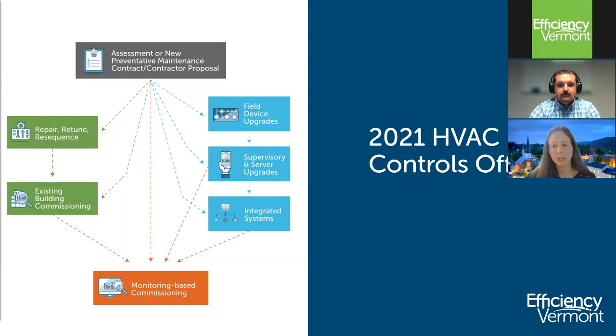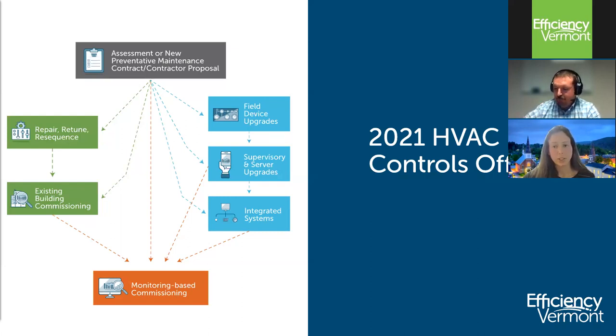Near the bottom of the chart, we have integrated systems and monitoring-based commissioning. And these offers are intended for customers whose systems are up to date and commissioned and functioning optimally already. Efficiency Vermont has standard incentive offers for controls assessments and new controls PM contracts, as well as existing building commissioning